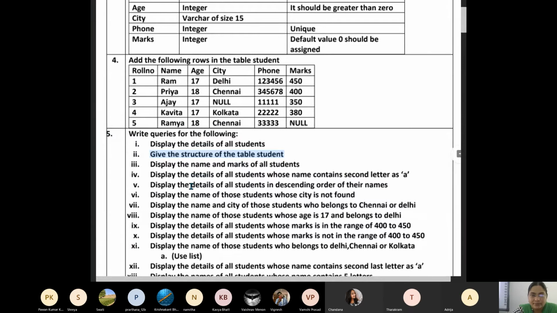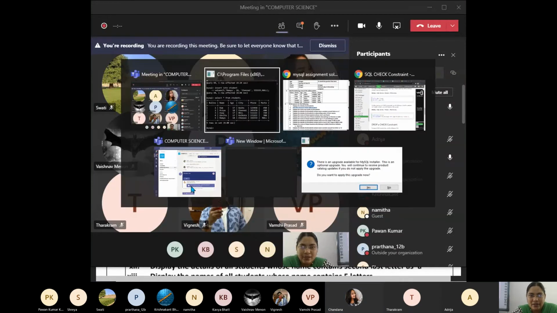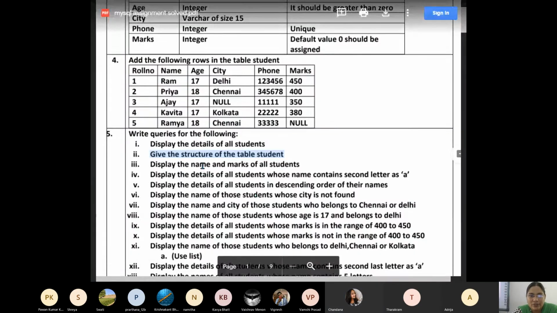Aviva, Amruta, unmute yourselves and speak. Chandana, yes, Chandana, ma'am. Chandana, can you give answer to this question, dear? Give the structure of the table student.